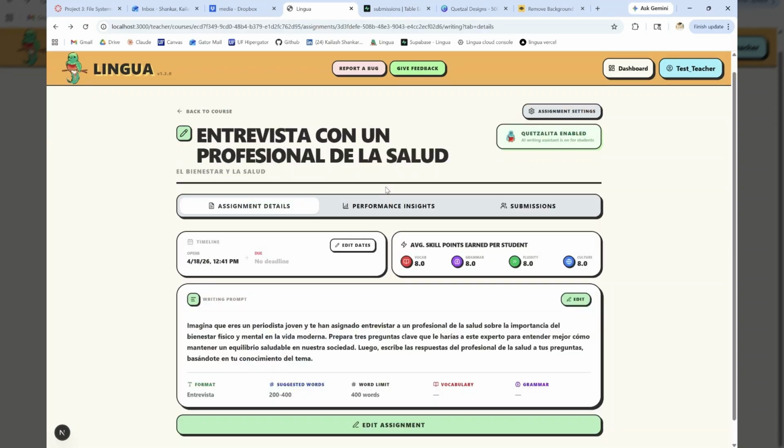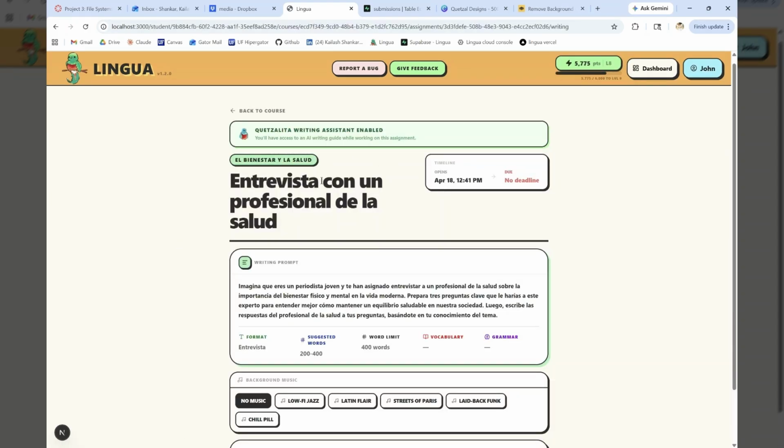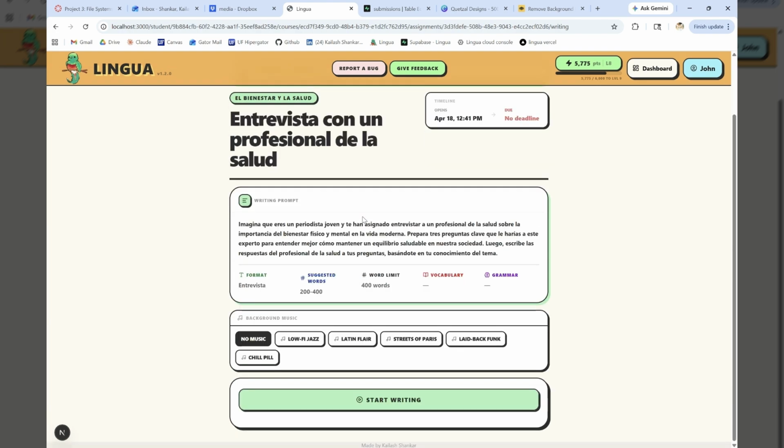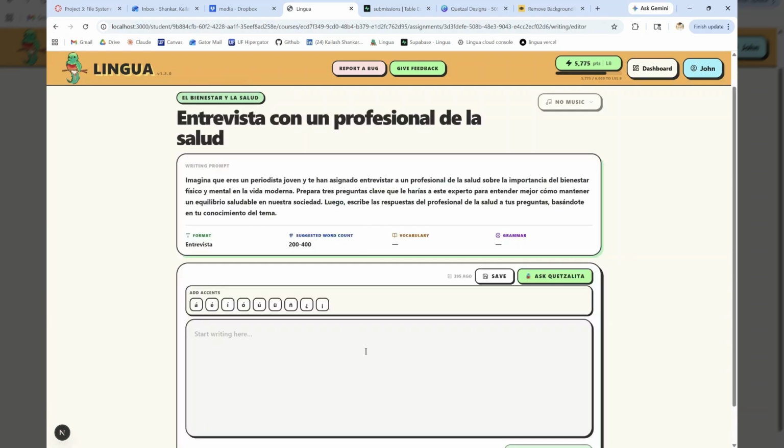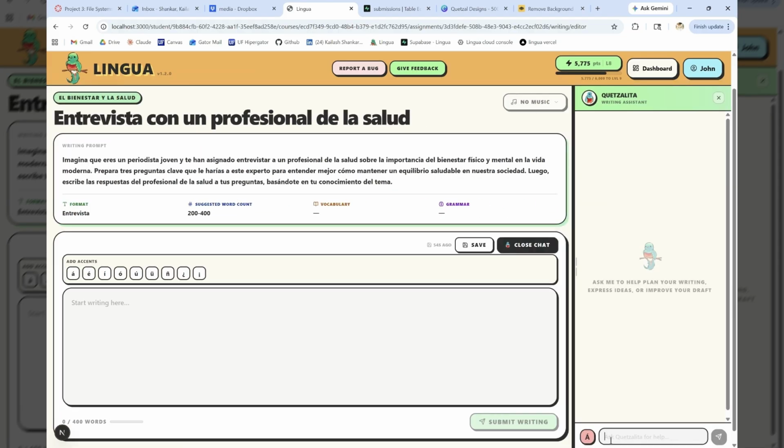Now let's take a look at how the Quetzalita AI writing assistant helps students with their writing. Over on the student's end, if you've enabled Quetzalita, it'll show up here that it's enabled. To access Quetzalita, the student can click this button over here. And so Quetzalita can help them do a bunch of different things. One of the things is plan out their writing when they're starting. So I can ask,